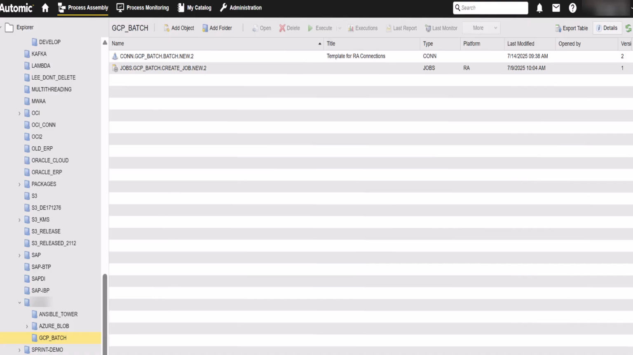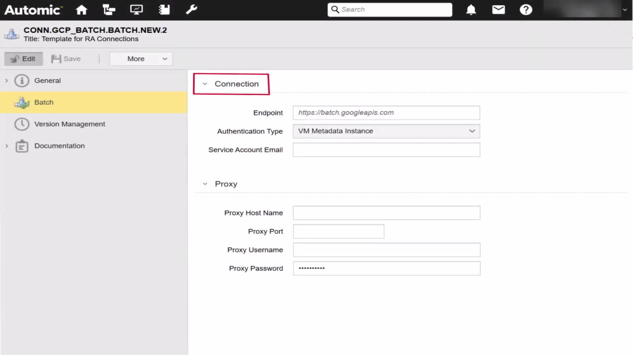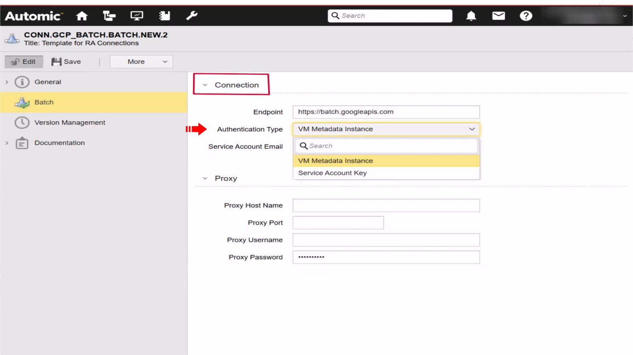Here, we create connection and job objects with specific inputs that allow us to connect to Google Cloud Batch. If we open a connection object, we must enter the most important field, the endpoint. It is the URL of the Google Cloud Batch environment. Next, we specify an authentication type from the drop-down menu. 2 types are supported: VM metadata instance, which requires a service account email for authentication, like, for example,